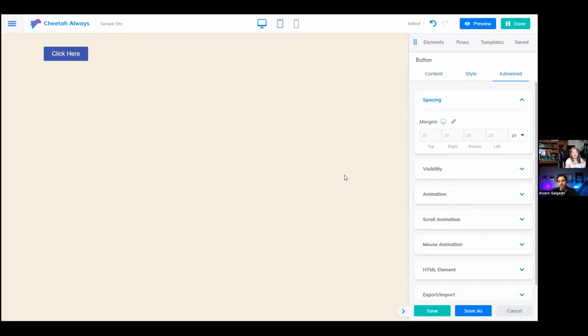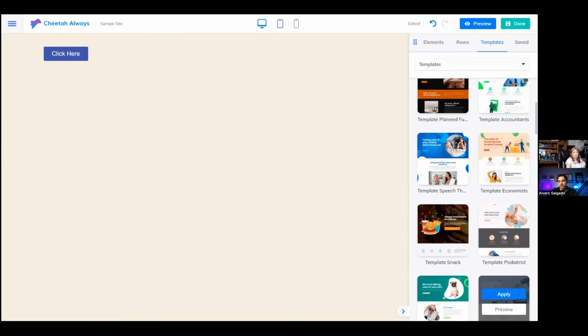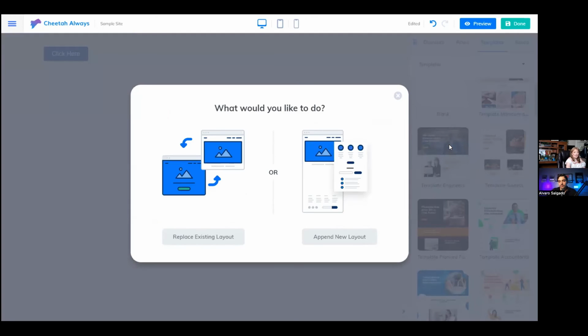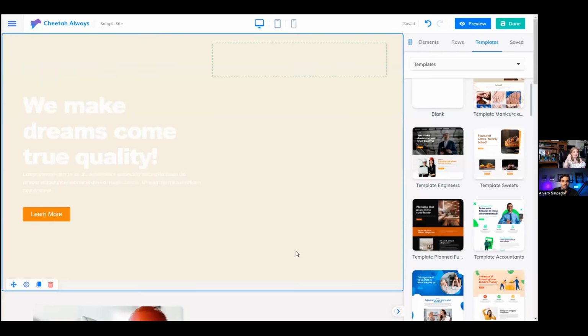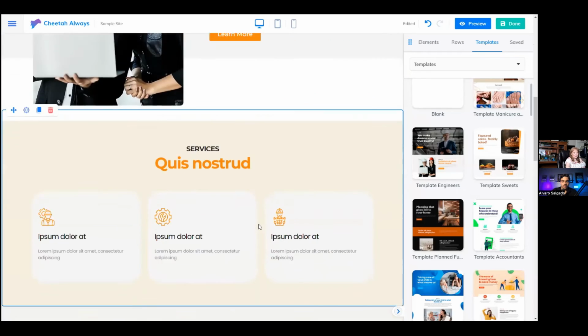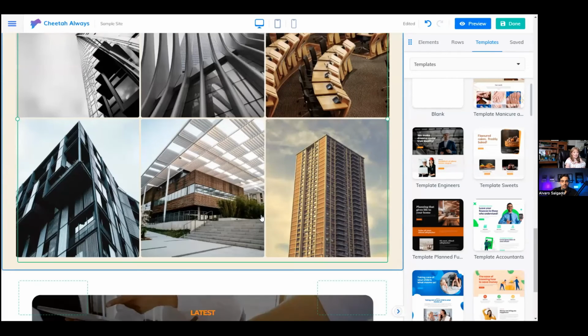Now, for you guys that want a complete page and you don't want to build from scratch, you can also go into the templates area, and we have full pages that are pre-made for you that you can pull in. So I can pick any one of these designs and I can just apply, and I can choose whether I want to replace the layout that I've already got for the page, or do I want to append it, meaning add it to. I'll just say replace and then okay. And it's going to take that whole entire page and bring it in for me. And it's ready for me to start editing and changing up to be exactly what I want it to be for my website. So that's literally how easy it is to start building a page and building a full website.